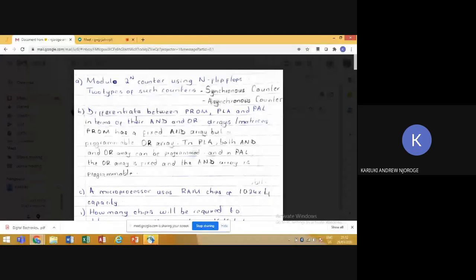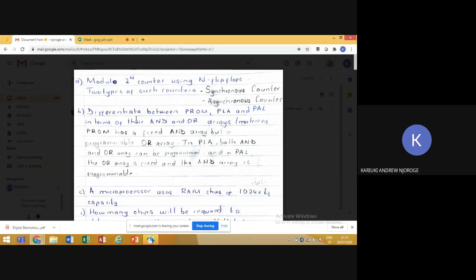So the process of making a counter, you start with a state diagram. A state diagram shows all the possible states that the counter is supposed to go through. All that can be found in pages 183 to 185 of Professor Mwangi's book. So number 2, after you get the possible states and put them in a state diagram,